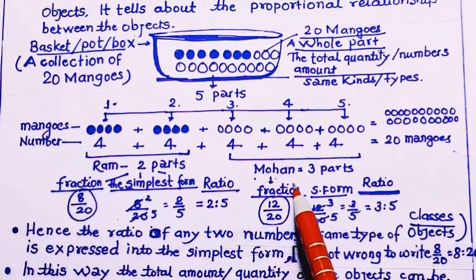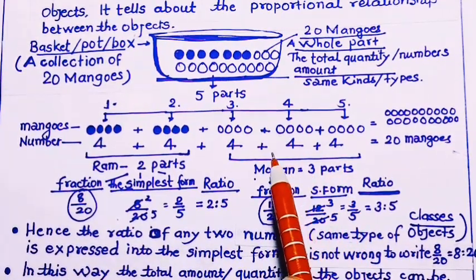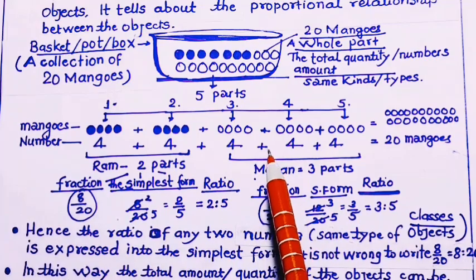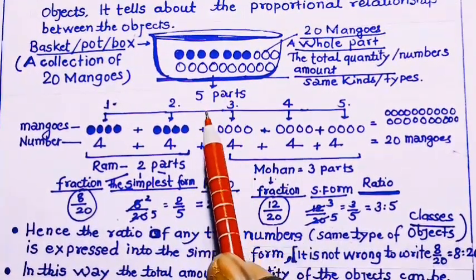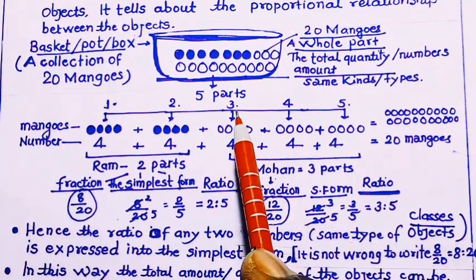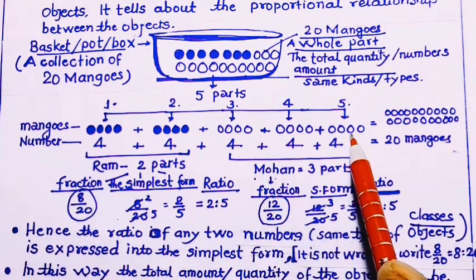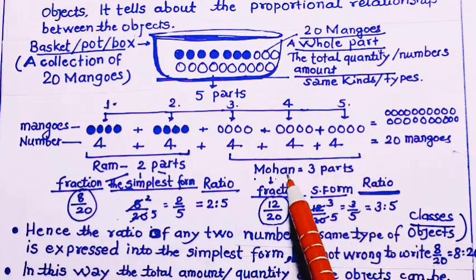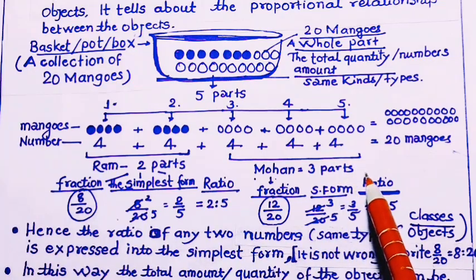Now Mohan takes 3 parts. 3 parts means, you can see above, from 5 parts, if 3 parts are taken: 1 part, 2 parts and 3 parts. So it means Mohan will have 4 plus 4 plus 4 equal to 12 mangoes, and when all these 12 mangoes